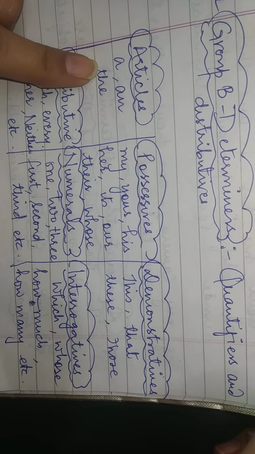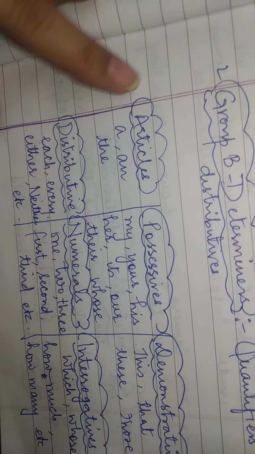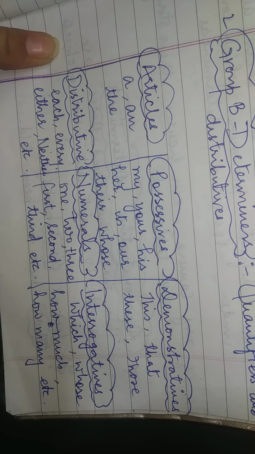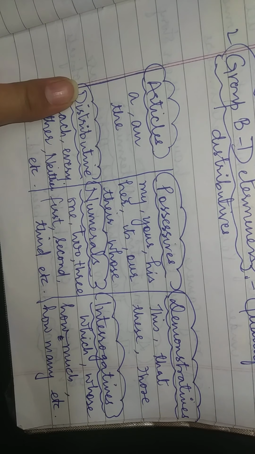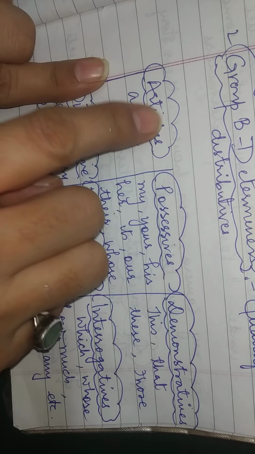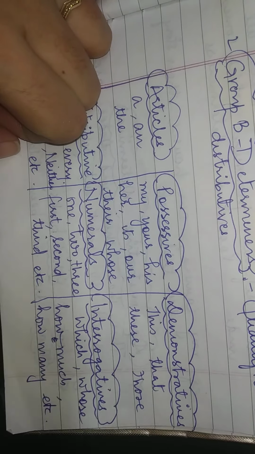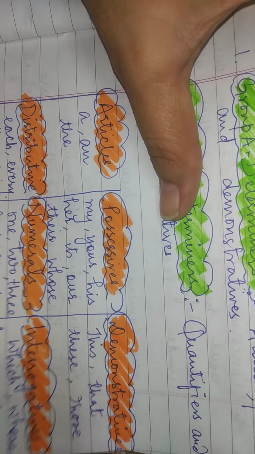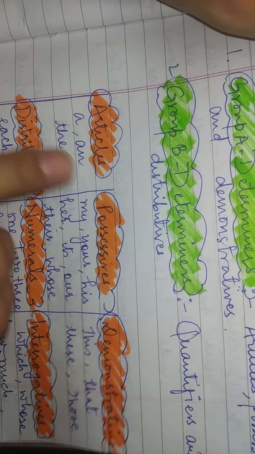So I don't need to explain it again and again in a very detailed manner because I have already done that. So here I have drawn a table. You can also draw the table, and you can give the 6 titles like this. You can color it also if you want to. You can give a shade of this. You can shade it. So you have to draw this table like this.